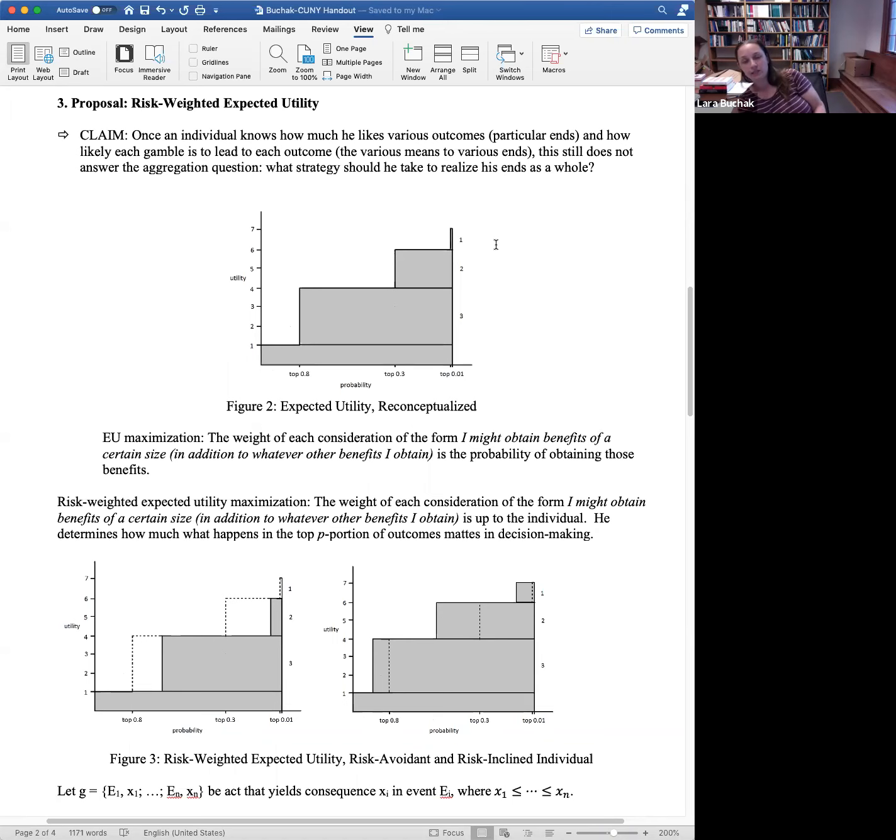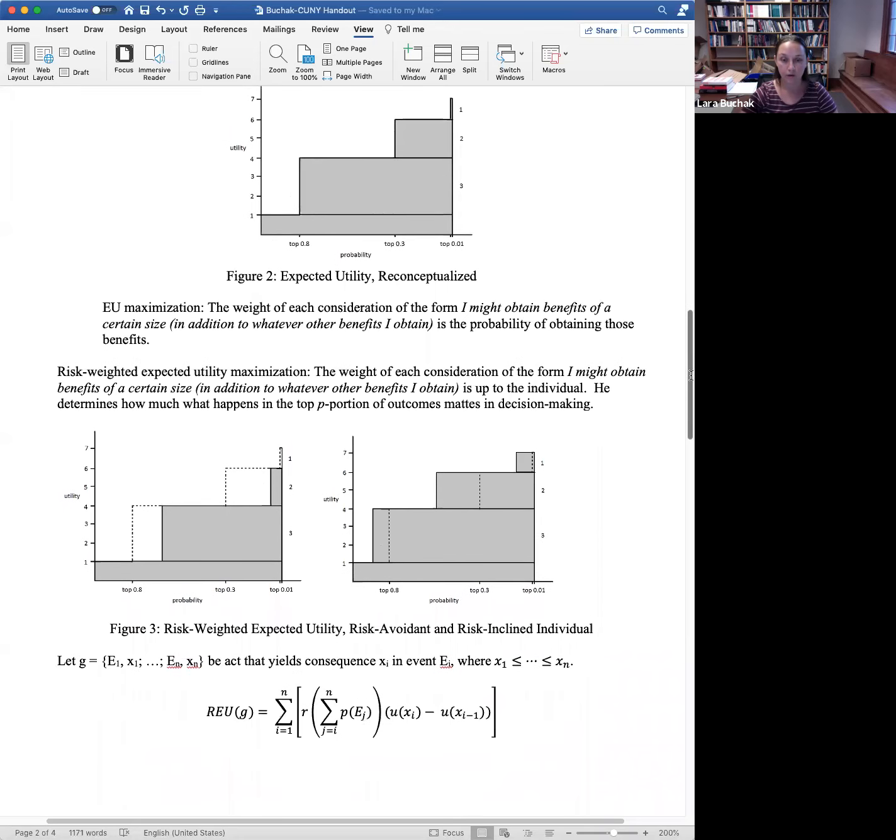So we can formalize this in a theory that I call risk-weighted expected utility maximization. In risk-weighted expected utility maximization, the weight of each consideration of the form, I might obtain benefits of a certain size, so I might get 3 more utils, I might get 2 more utils, I might get 1 more util, the weight of each consideration is up to the individual. He determines how much what happens in the top P portion of outcomes matters in decision-making. So here's the equation. The basic idea is that